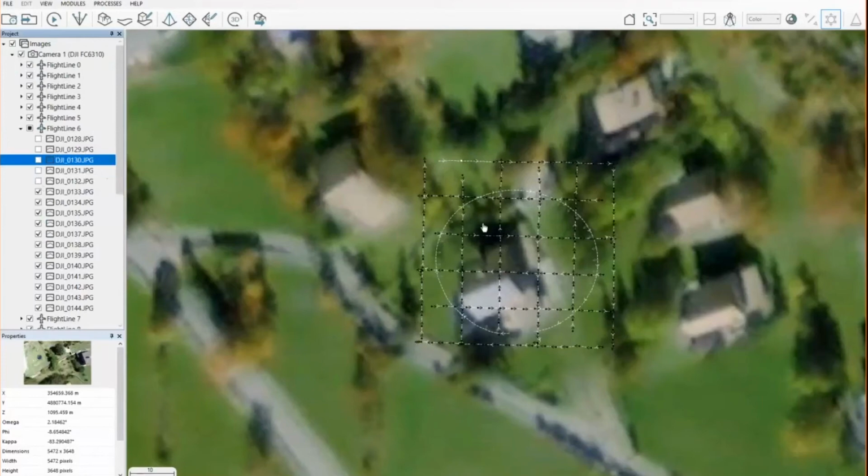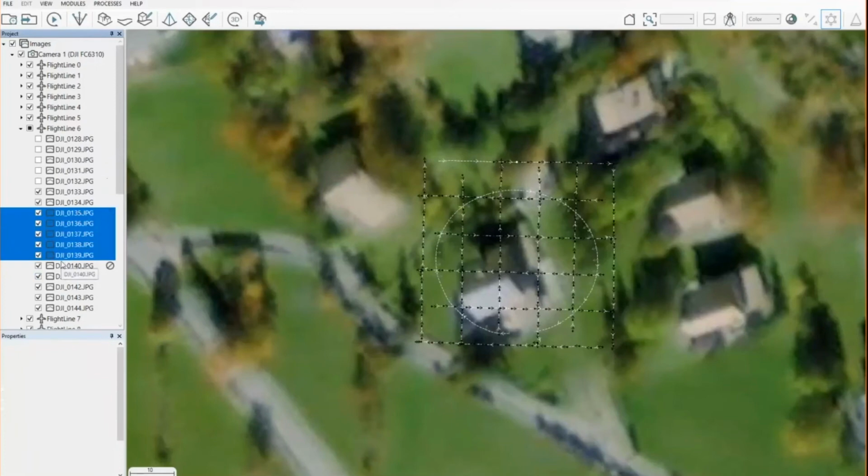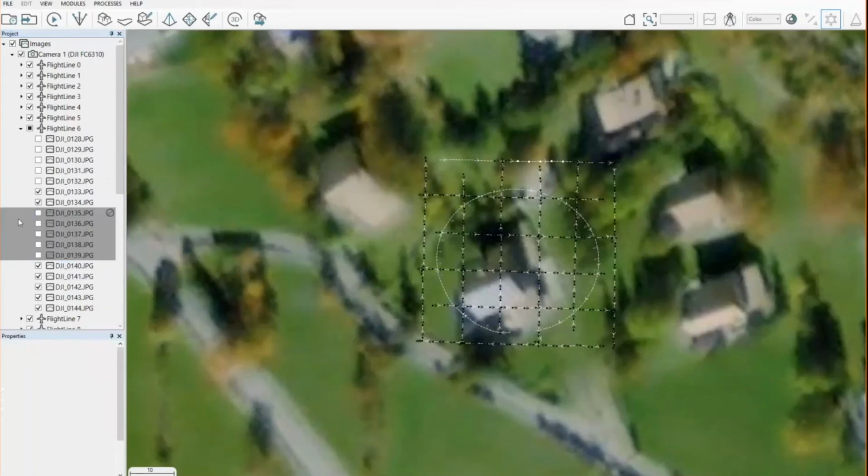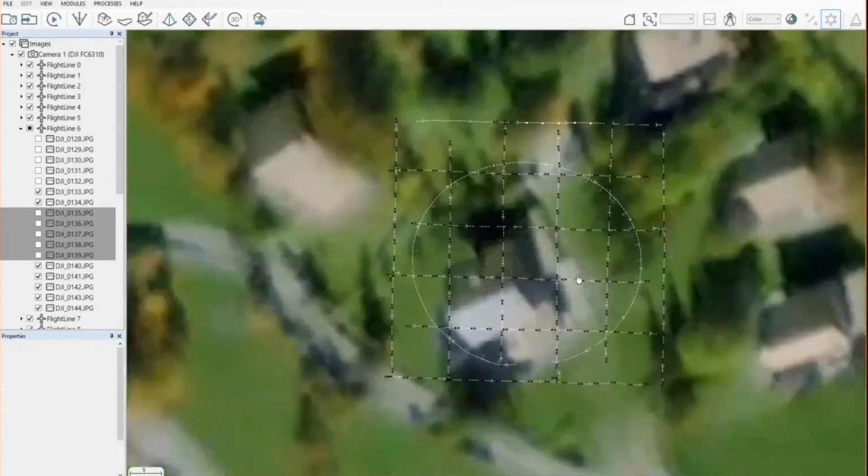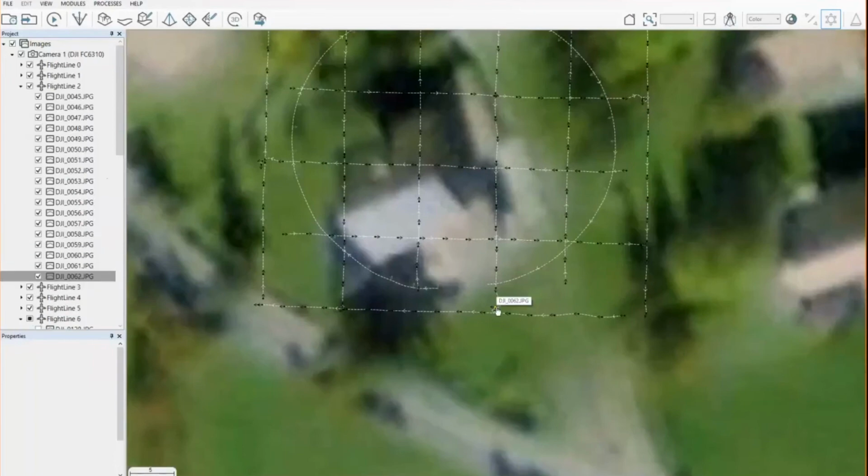So you can hold one selection like this, and then with the shift button, you can select multiple ones, or control if you want to do multiple selections that are not one after the other. And then by taking them off like this, you'll see a way of cleaning the data set. So what you want to do is clean up the data set. You want to remove the images that you don't want to have here. So let's say in this case, I would probably remove those two images, so this one and this one, and